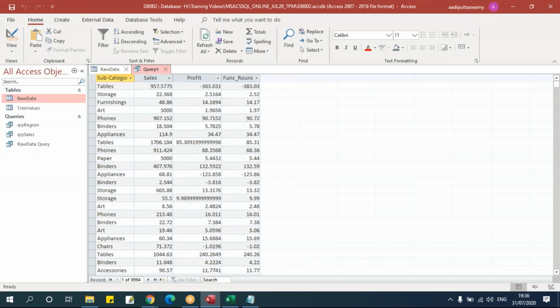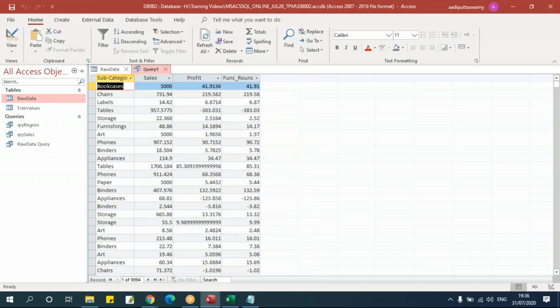If you go and take one value, it says 14.1694. But if you see here, it is rounded off to 2 decimals. It says 14.17. That means the 9 has been rounded off to 7. Likewise, you can see 85.309.